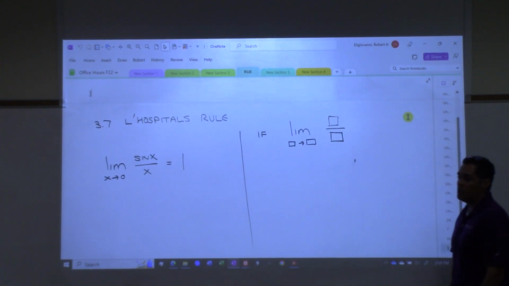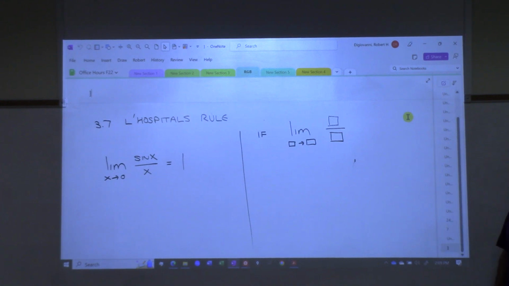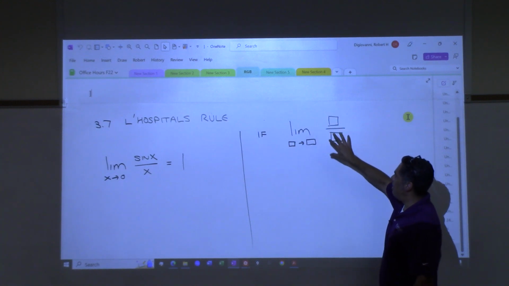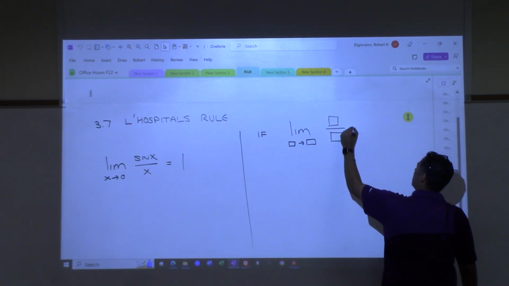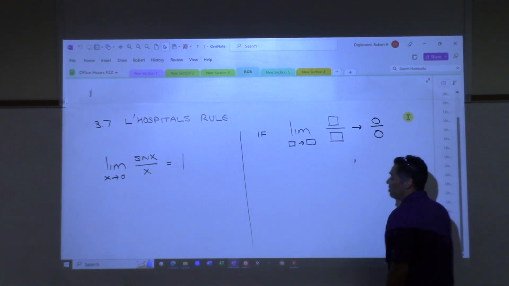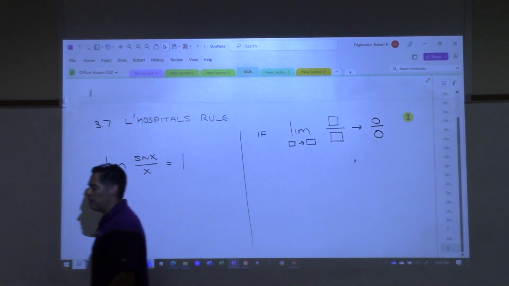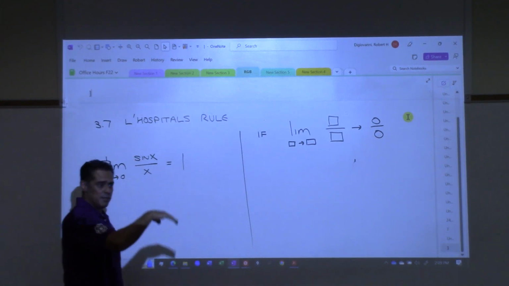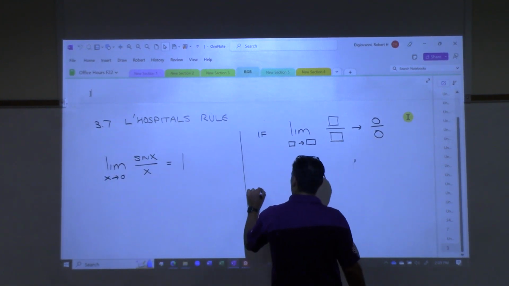That means you have something over something, all right? So L'Hopital says if you've got this limit set up, and that limit goes to 0 over 0. What did we usually say whenever that happened in the very beginning of this class? 0 over 0 meant what? It's bad, there's more work to be done, right? We had to do some algebra, some tricks, something, right? That's what we used to say. L'Hopital's rule says, look, if you ever see this, and you have 0 over 0, here's what we're going to do. Then,